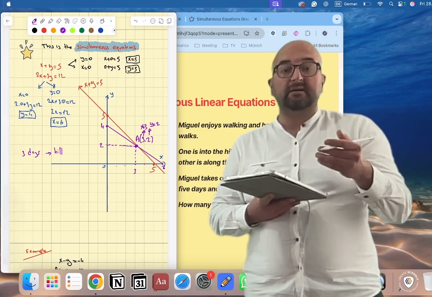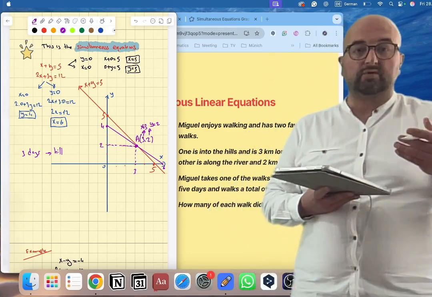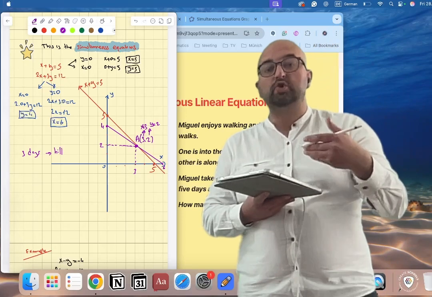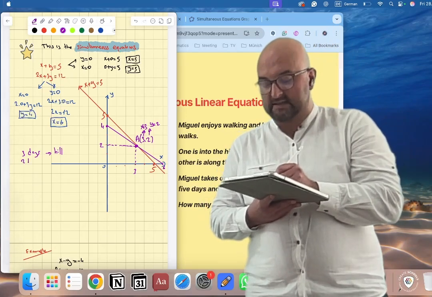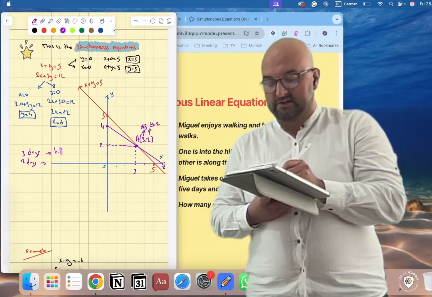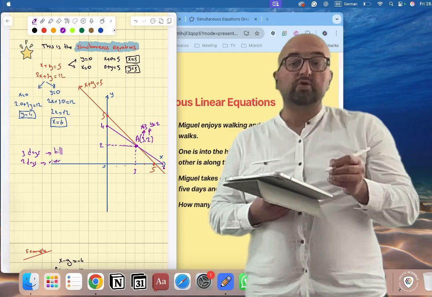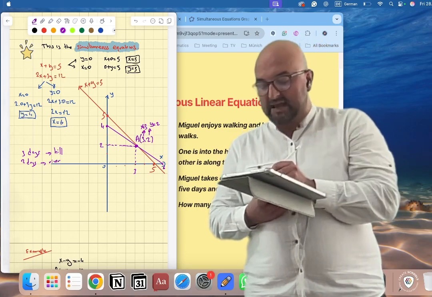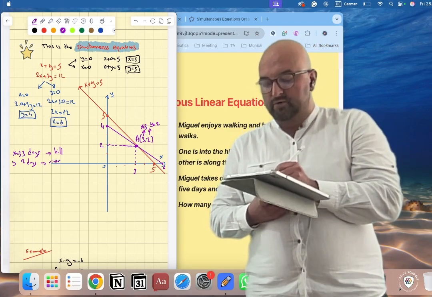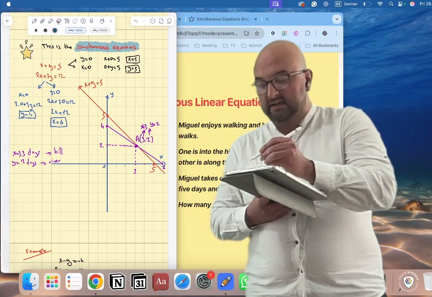And Miguel walked along the river during 2 days. So 2 days river. And also, if you write 3 replacing x, if you write 2 replacing y,